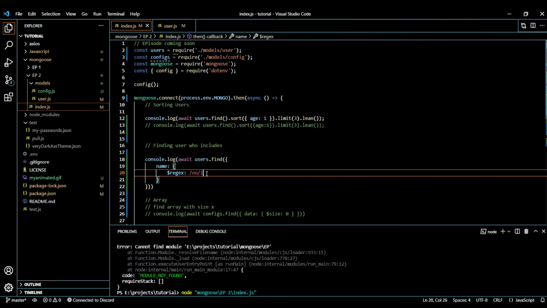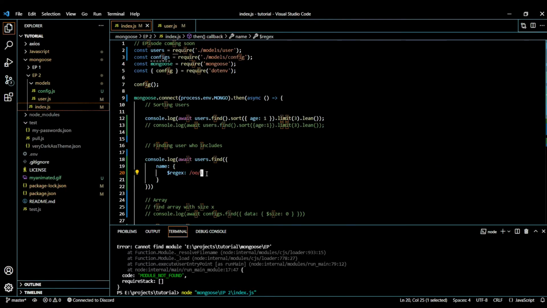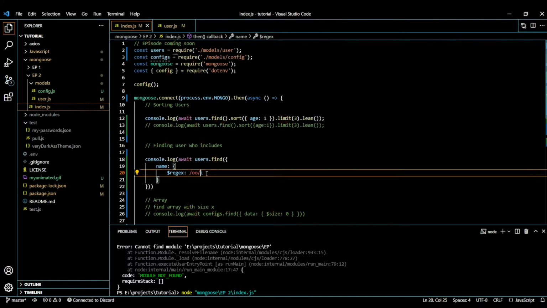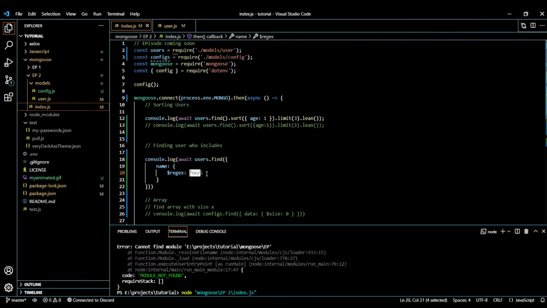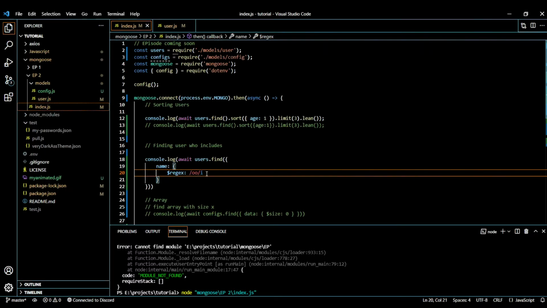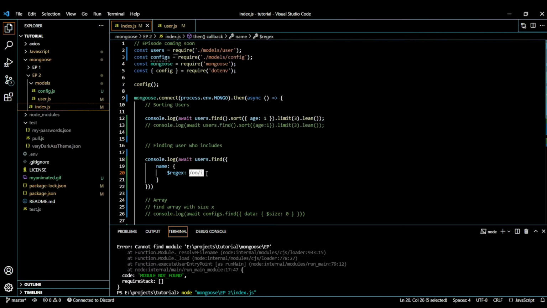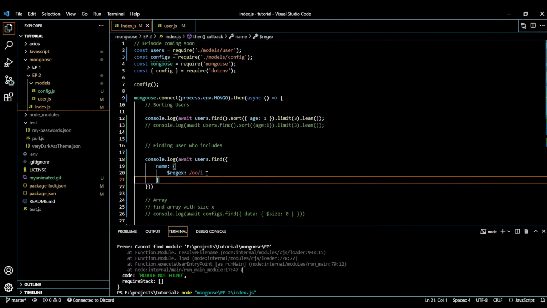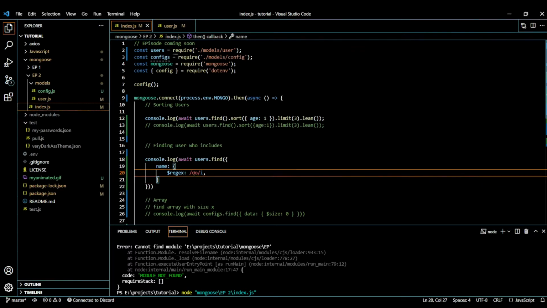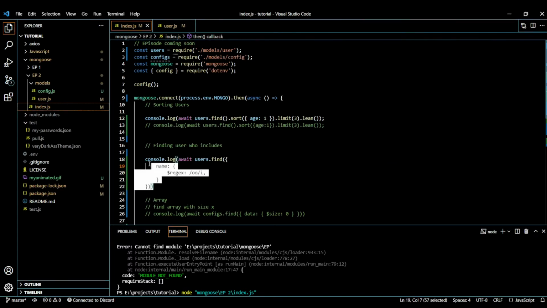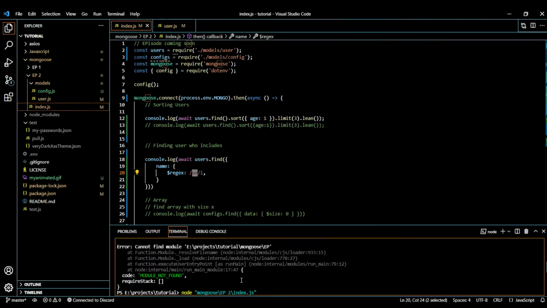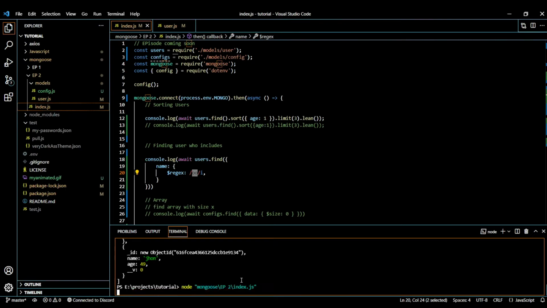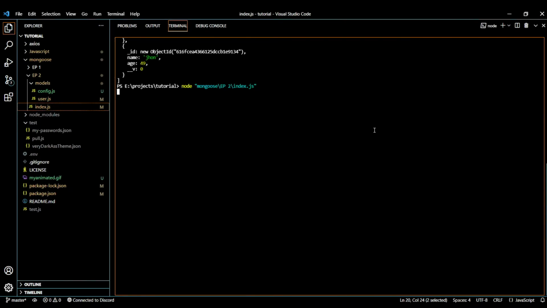So what we are going to do here is, first of all, this I refers to make it case insensitive, and these slashes are to create a regex. We can do this with new RegExp and stuff, but that is a lot, so I will just do this and bam. It will return all the users whose name includes OO in them. I will just show you instead of blabbing a lot. Let's see what will happen now.